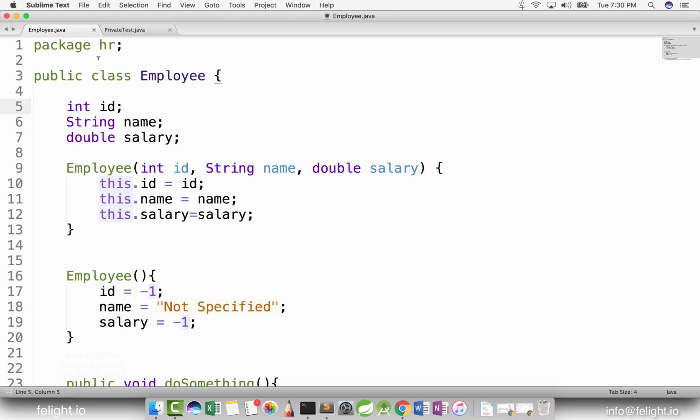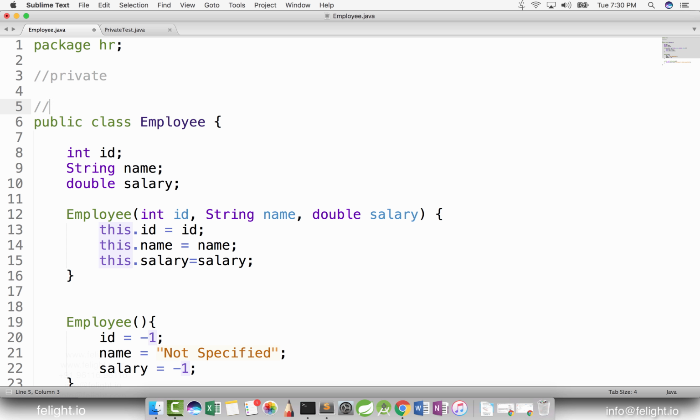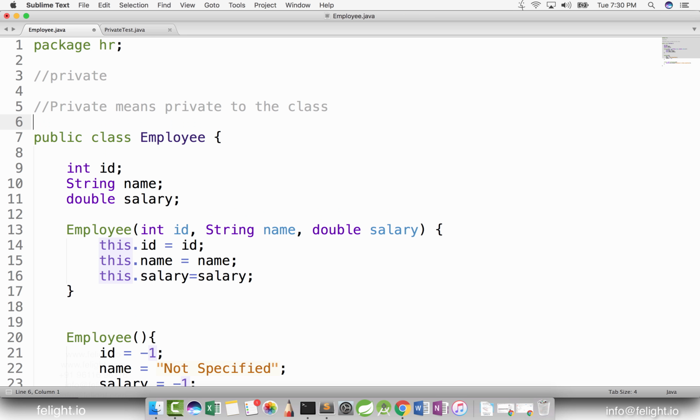So in this chapter, I'm going to teach you another important modifier, that is private. Okay. So what do you mean by private? Private access modifier means private to the class. Private means private to the class. That is,